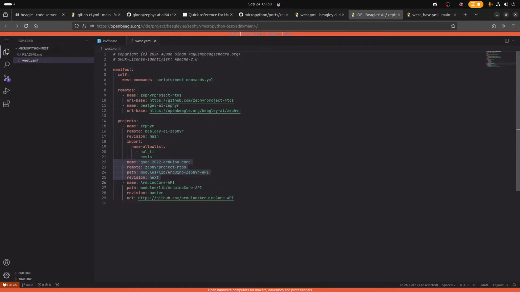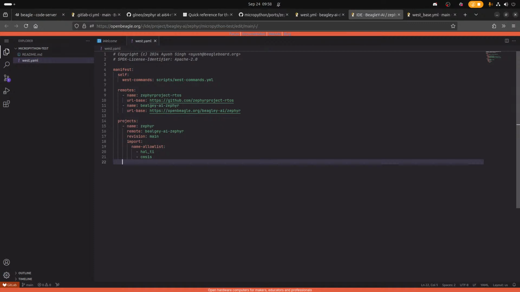We don't need this, we don't need that. But if we're building MicroPython, we're going to need name, remote, path, revision. Some version we're going to want is BeagleY-AI dev.